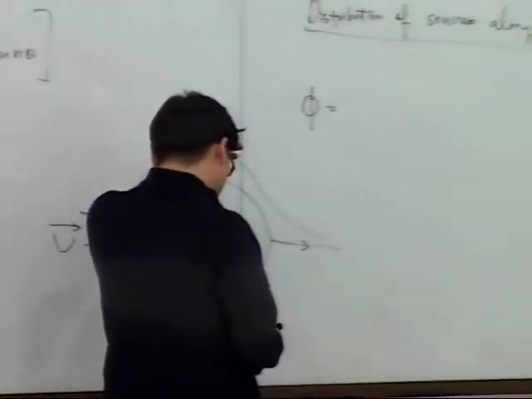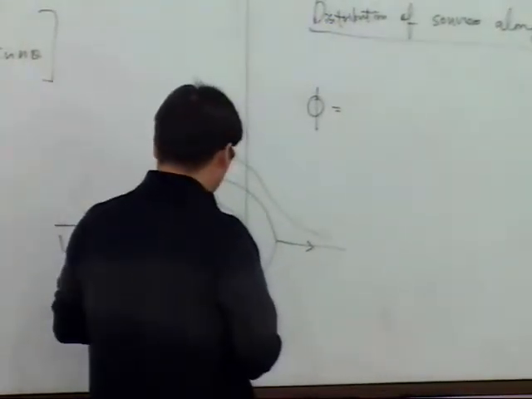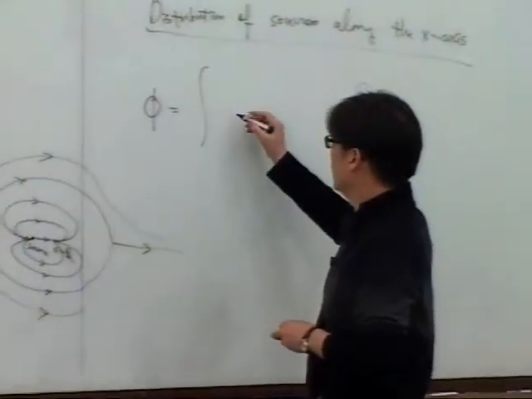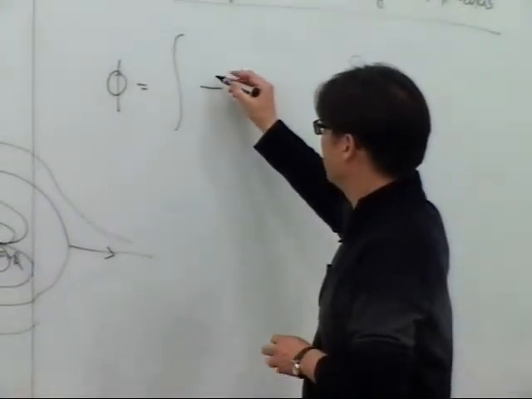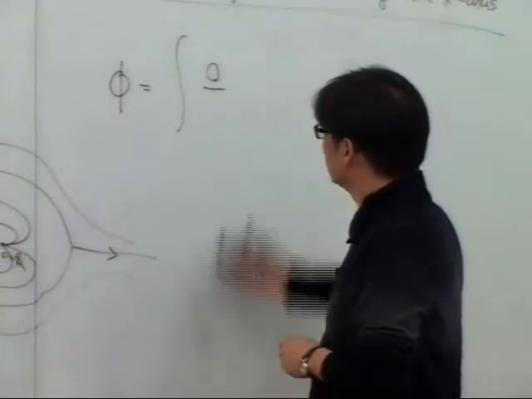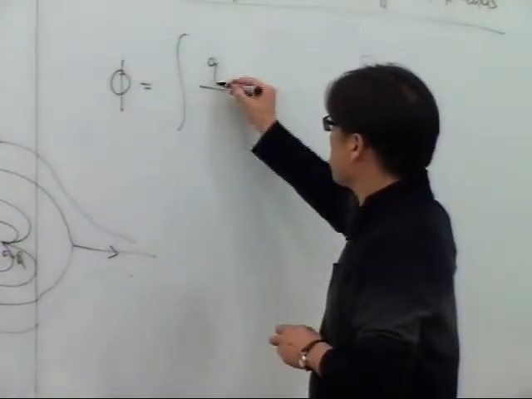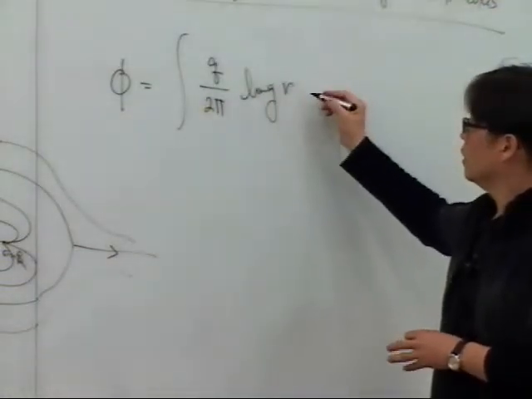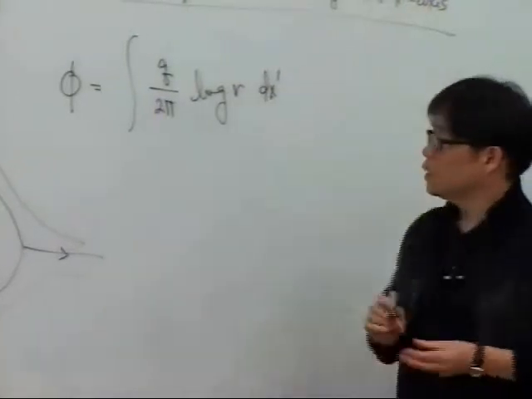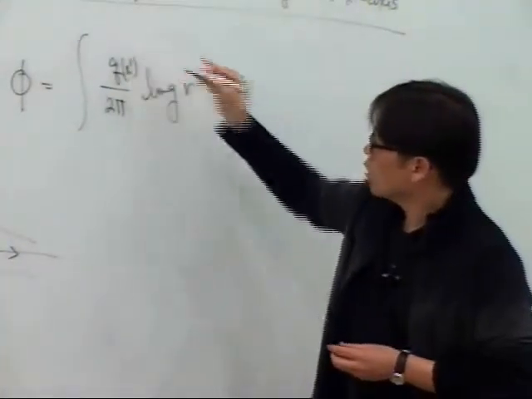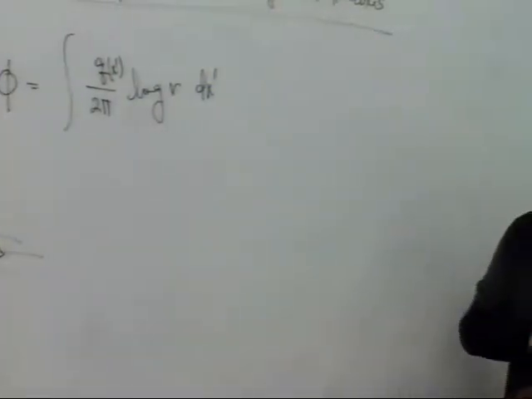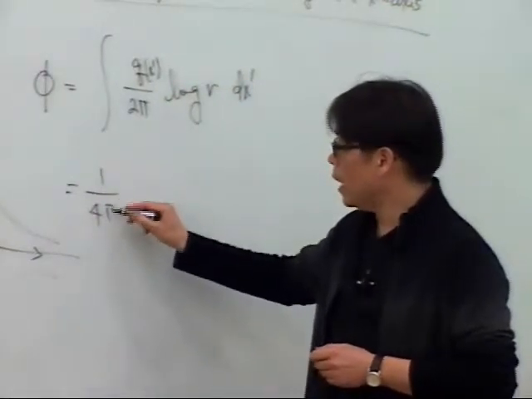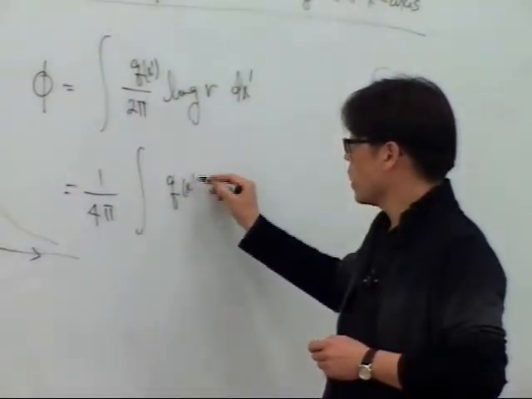So to represent a general shape of body, but symmetric, we use the distribution of sources. So we use this kind of distribution. And to be more specific, I can write it this way: 1 over 4 pi